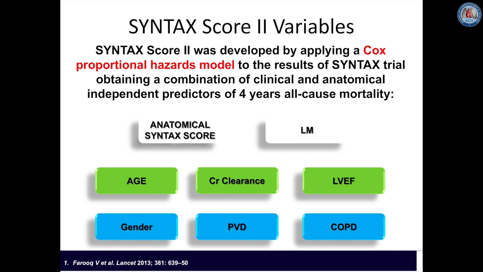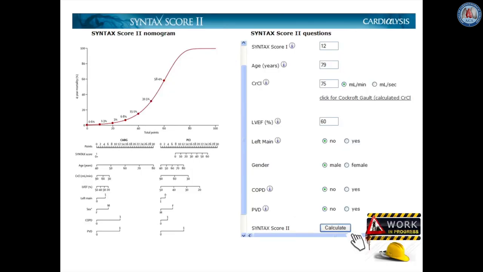And you see we have the classical anatomical Syntax score, the presence of the left main, the age, the creatinine clearance, the ejection fraction, the gender, the peripheral vascular disease, and the chronic obstructive pulmonary disease. And with these 8 parameters